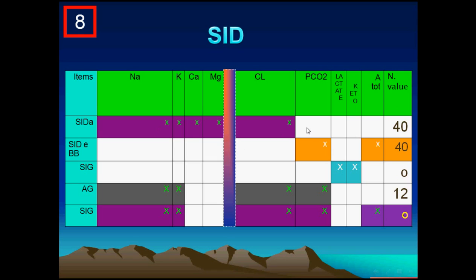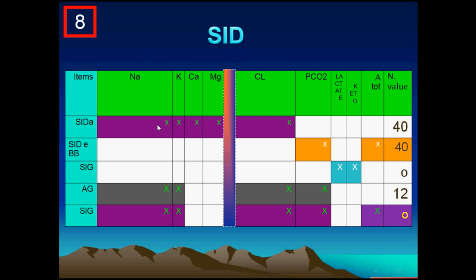But when they came to study it, they said if we sum together all the strong cations, sodium, potassium, calcium, magnesium, minus the strong anion, which is chloride, this gives us the value 40. Or simply, we can say the strong ion difference is the difference between sodium and chloride,